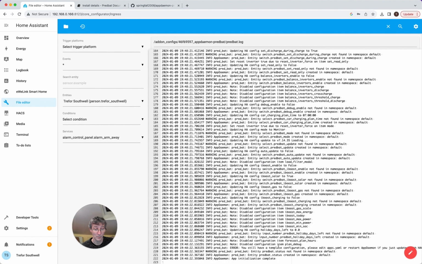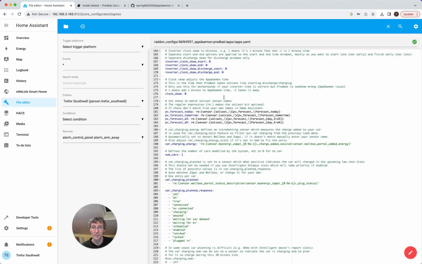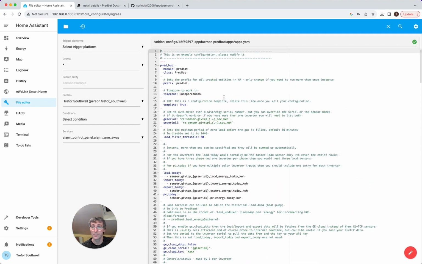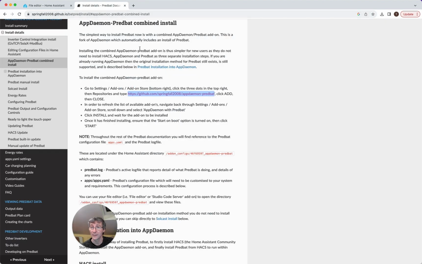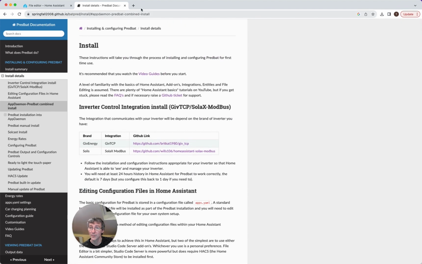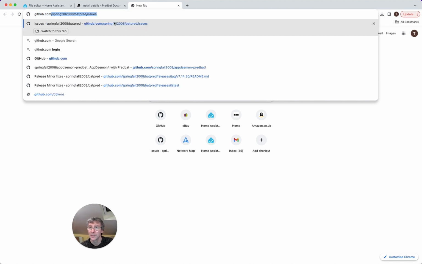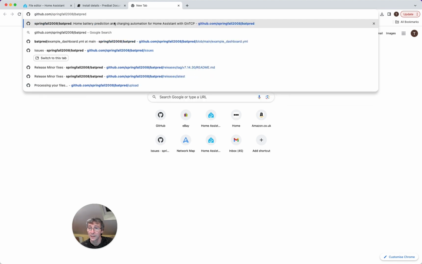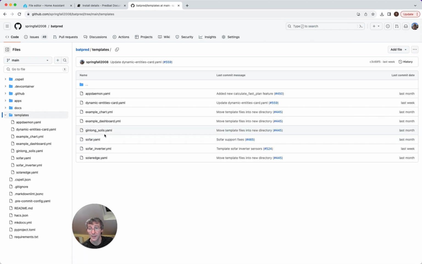initially, and the reason is you have a template configuration. So you actually need to configure it the first time. If you load up the apps.yaml inside the apps directory, this template by default is for GivTCP. What you can do is go to the actual Predbat repository itself, so I need to go back to that. If I go to GitHub, for historical reasons, the repository is called batpred. Anyway, ignore that, and you go into templates,